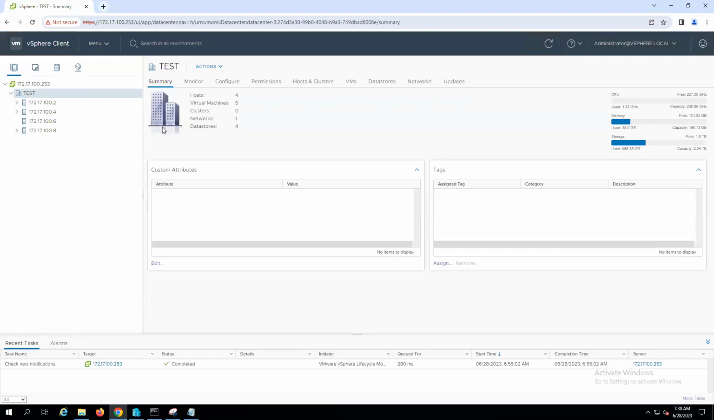Now if you see, server 1 has 2 VMs. Actually, leave this vCenter server. This is where actually all our